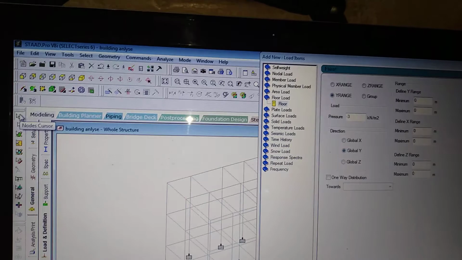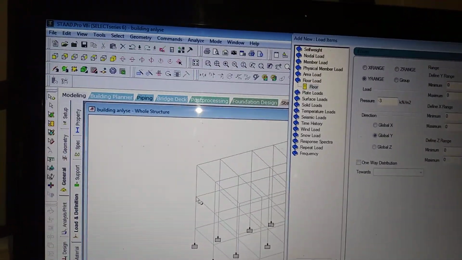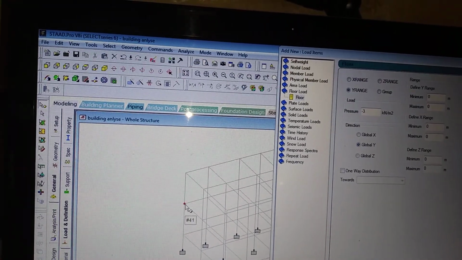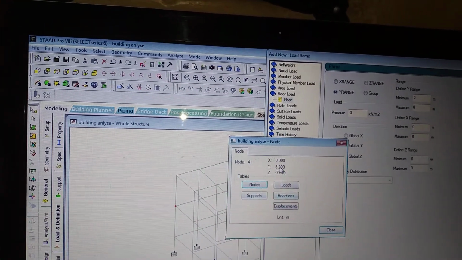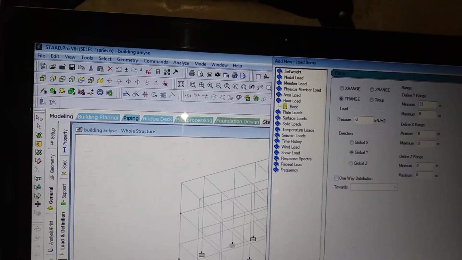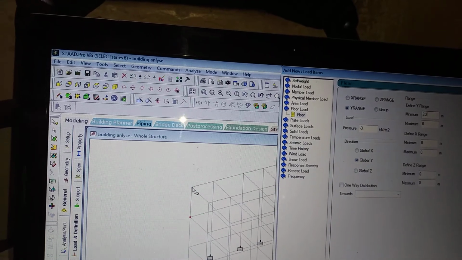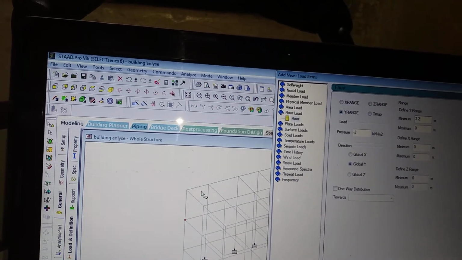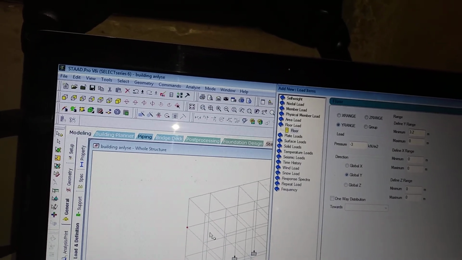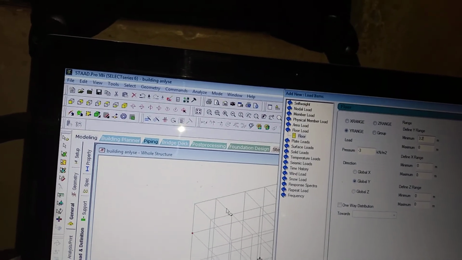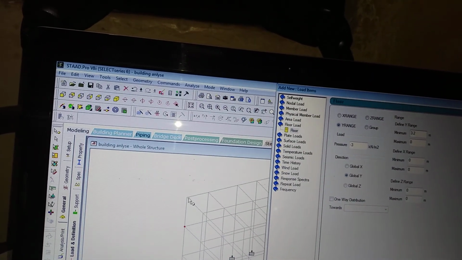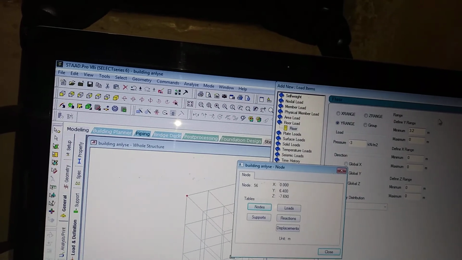So I will select the node cursor and I want to apply the load on this height. I will give a double click on it. So what is the y range? Minimum is 3.2, and maximum, from here to here I want to apply, from this slab to this slab, to this slab and to this slab I want to apply a live load. So the first height is 3.2 and the second height, the y range, is 6.4.